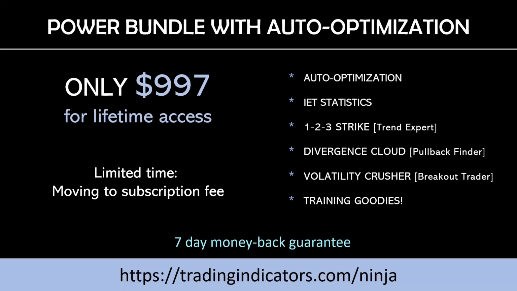There is one that just came in from Joseph. His question is, can I reverse engineer the statistics? Meaning, can I tell the program to optimize for 80% success on long and have the program change the parameters? That's a good idea. Right now, it's not possible. If you're looking for 80%, you would need to use the sliders if you really want to get to exactly this value. The auto optimization would just find you the highest statistics, which is either the combination of both long and short, or if you have a bias towards a trading direction like long only or short only, it will optimize for this trading direction.